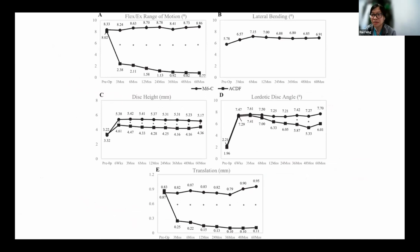And then also in terms of radiographic outcomes, the disc replacement group had preserved motion as expected on flexion and extension, and also lateral bending. So as expected, the ACDF group, most of them achieved the fusion, so there was no preservation of motion. And they also found that